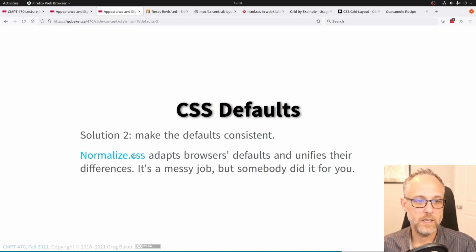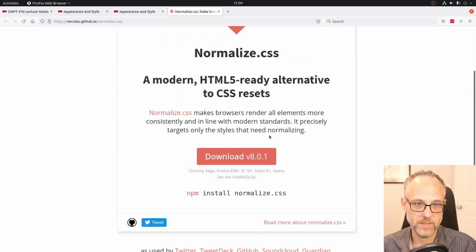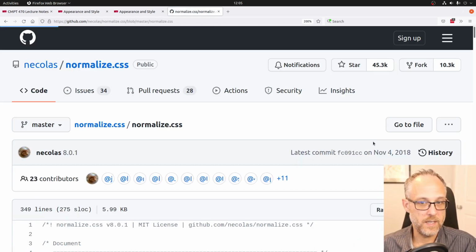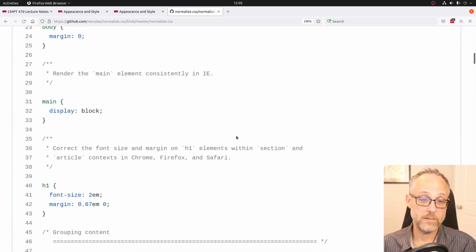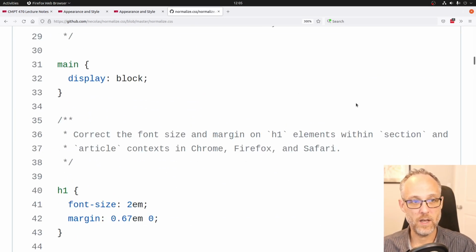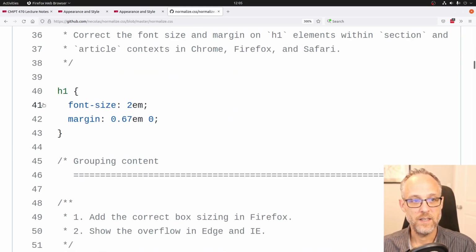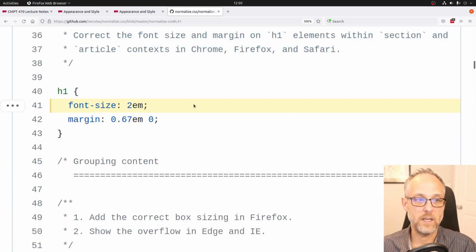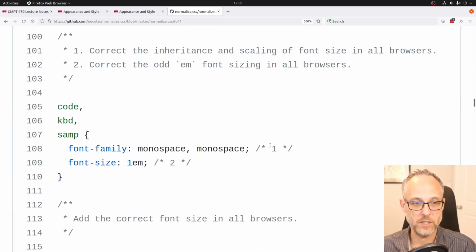Another alternative here is something like normalize.css, which I don't know of any competitor to, because it seems like the sort of thing you only want to do once. It's basically an attempt to normalize anything that might be a little different. Like if one of those was H3 is 1.17, the other one was like 1.18 or something, it puts everything back to totally the same, because we've done a lot of looking, and okay, maybe different browsers have different things, and with some comment here about why, it's like, okay, let's just make sure H1s have this font size and this margin,